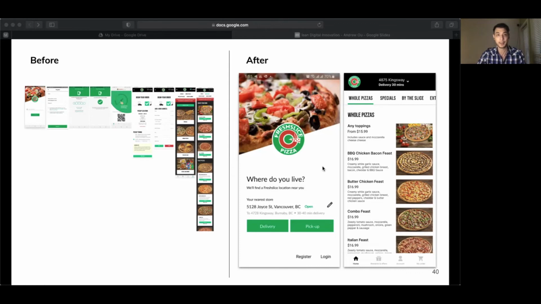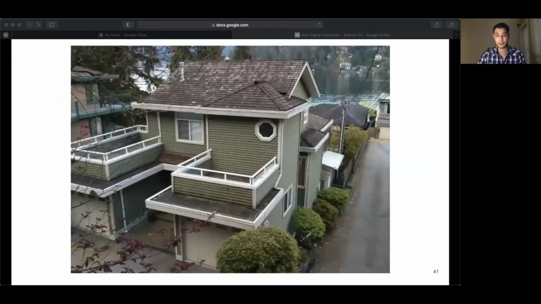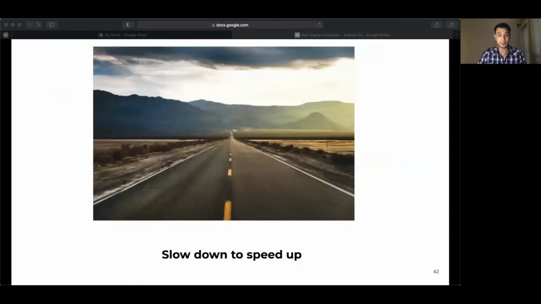Now, think about this. This company spent tens of thousands of dollars developing their mobile app, and there's a high dropout rate. To fix this, they're going to have to spend, again, the same amount just to fix these problems. And it's sort of like back to the analogy of building the house. If you don't do it right the first time, you're going to have to tear it down and build it up again. So a key advice I have for you is make sure you really slow down to speed up, because I know you're excited, you want to build, but do it right. Okay, invest in UX early so you can speed up.